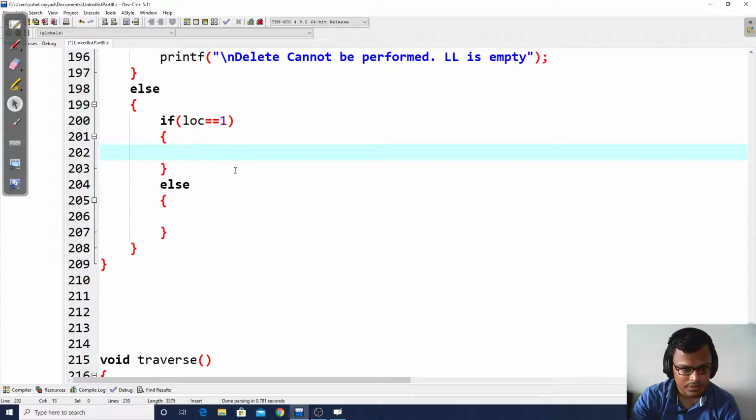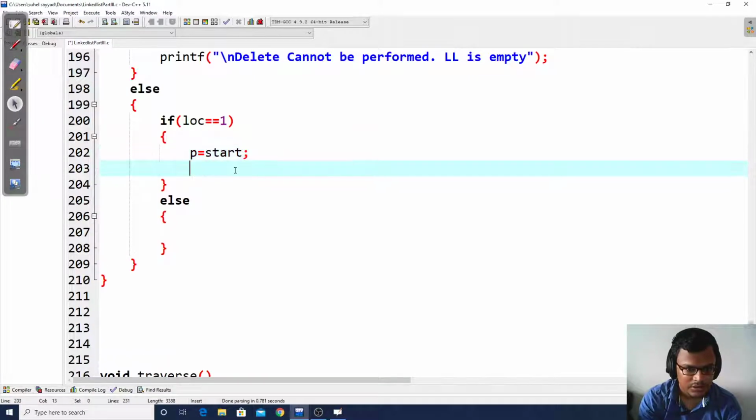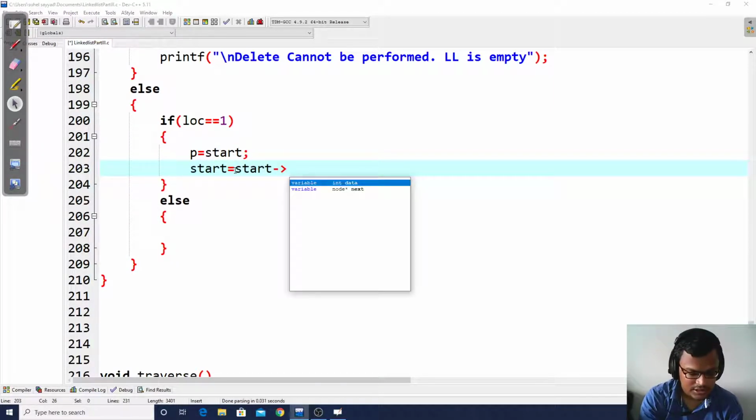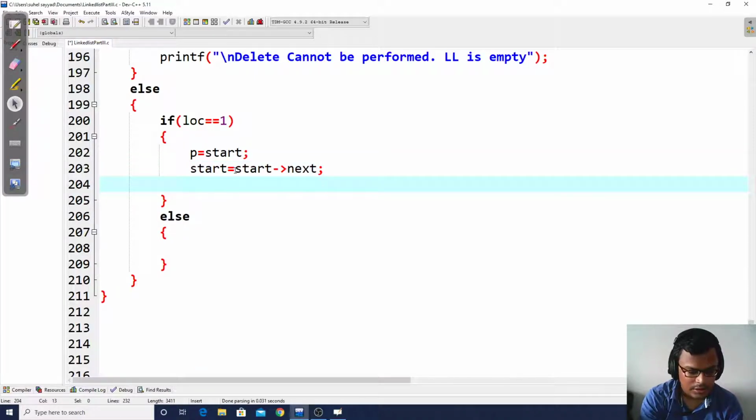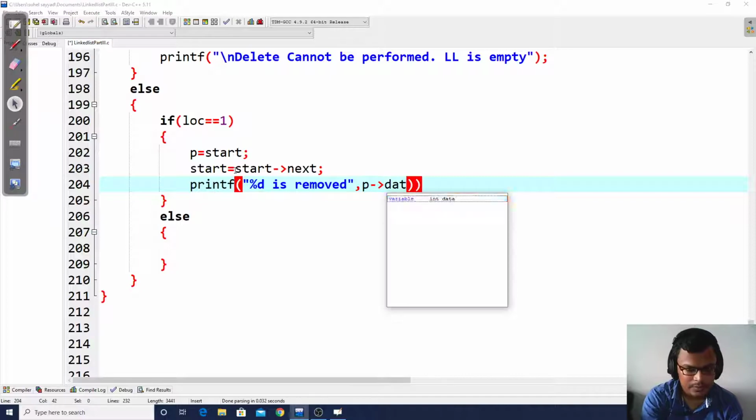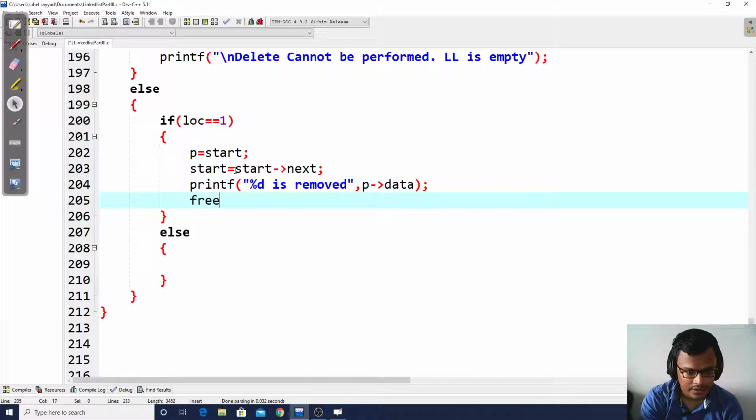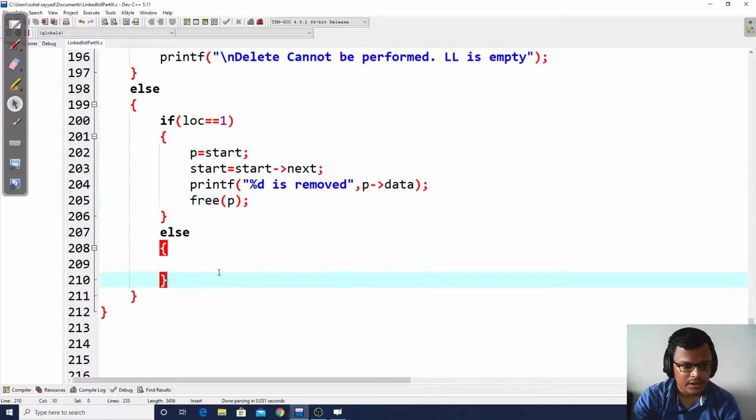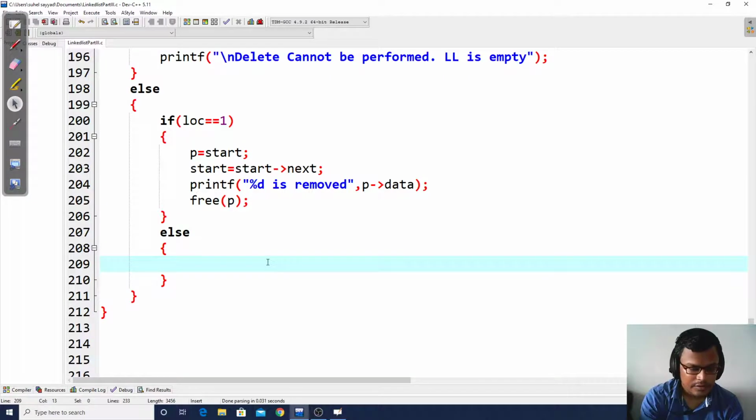if this location is 1 then it will behave like delete at start. So p is equal to start, start is equal to start's next, and then we will printf what we are removing. So %d is removed, that %d is p's data, and finally we write free p. Else